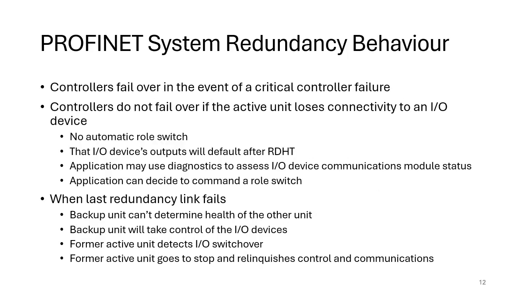So the behavior in PROFINET system redundancy is that there are two controllers, typically with hot standby, and the idea is one controller would fail over in the event of a critical controller failure. That can include being powered off, in which case, of course, the controller's got no choice. Some controllers might have enough capacitance to continue for a few scans for a graceful failover, which is often the case. It might also be if the controller is turned to the stop mode by the operator,